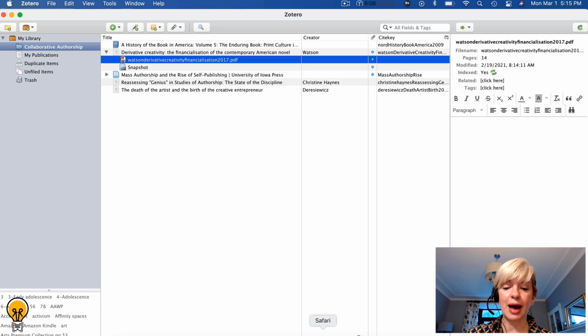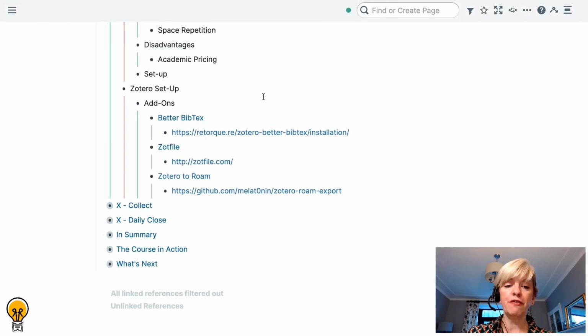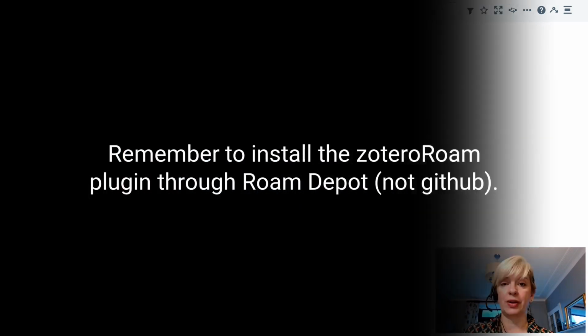So after you have added on all of your Zotero files, there's one more thing that you need to do, and it's a little bit complicated. It's not complicated, but it's a little bit finicky. So I wanted to make sure that we just covered it clearly in this lesson. So we're adding on the Zotero to Roam. These two we won't need necessarily until we get to the exporting piece. But the Zotero to Roam is going to be very important